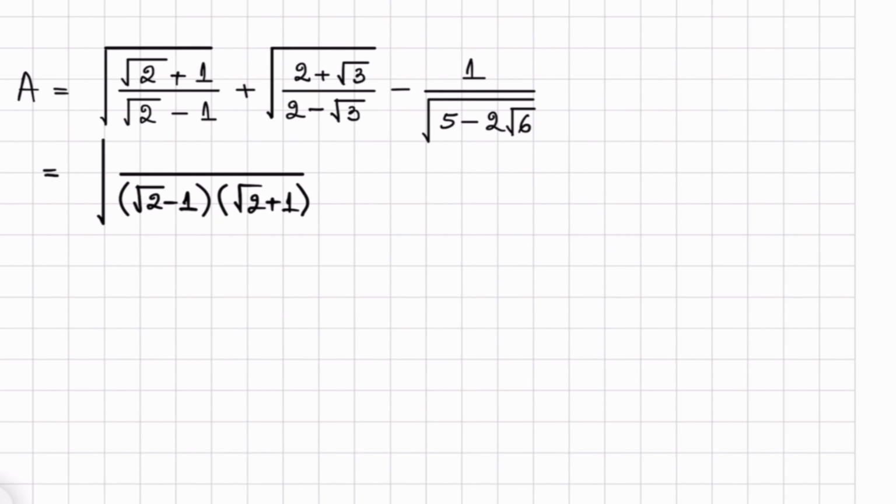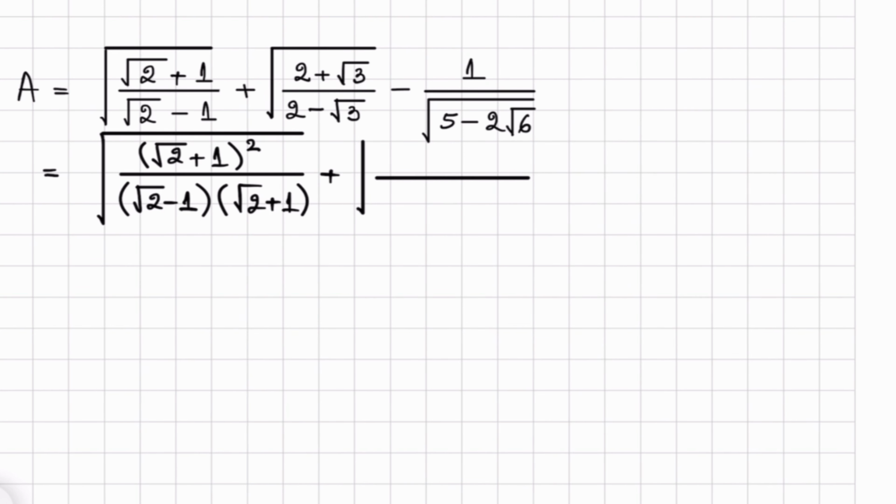Okay, and when we multiply the denominator with square root of 2 plus 1, the numerator also multiply with square root of 2 plus 1. Then we will get square root of 2 plus 1 raised to square. Okay, and then we plus with,